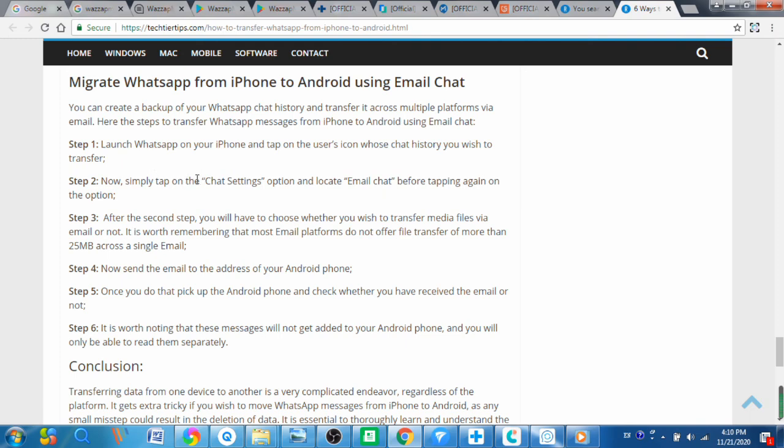You could just follow these steps and see whether you could transfer WhatsApp messages from iPhone to Android for free. So that is the solution I just gave you today about how to transfer WhatsApp messages from iPhone